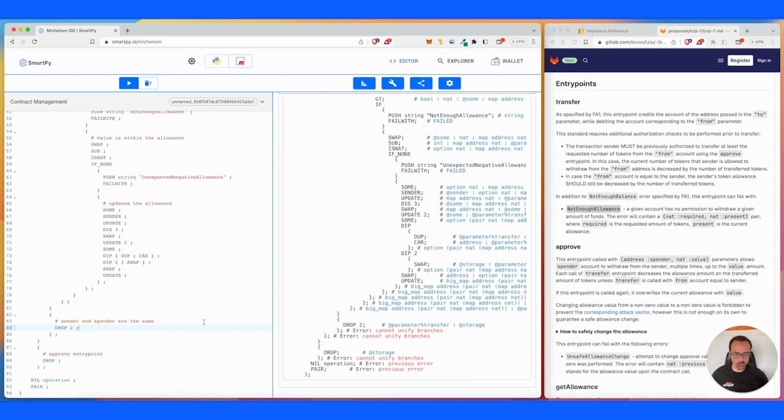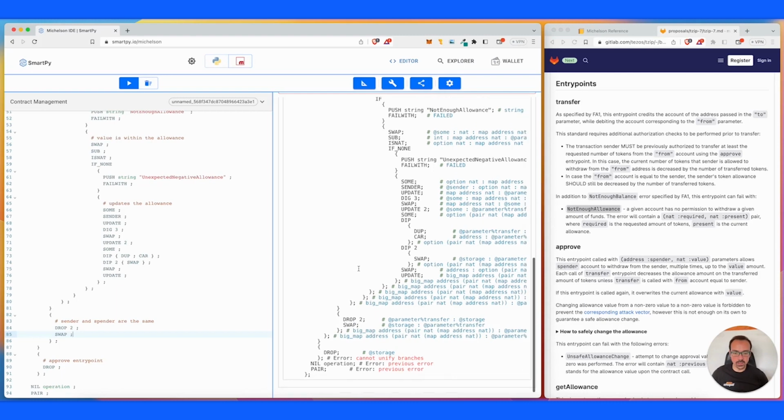So I just have to swap them, and now I'm going to be left with the same stack, so the storage and the parameter. Now we can start processing the transfer. All the checks are done. Everything is fine. Everything is okay. We can